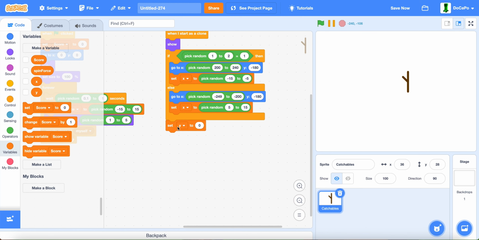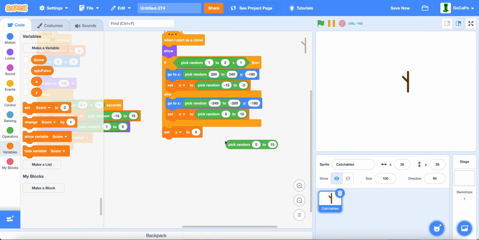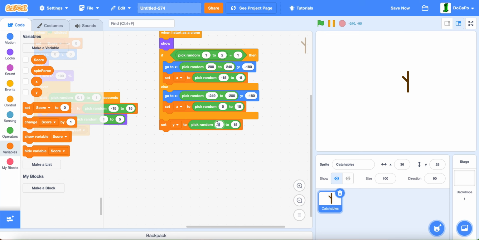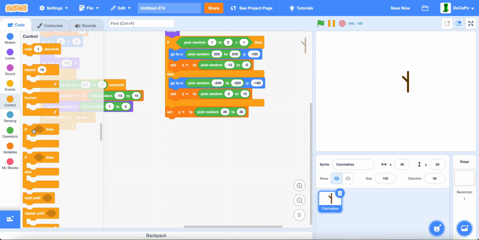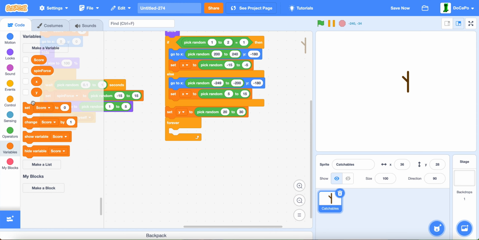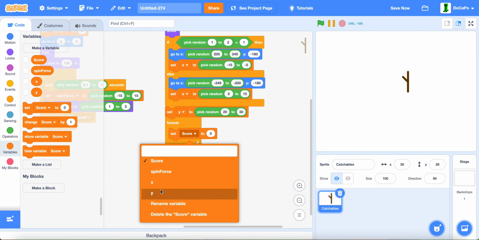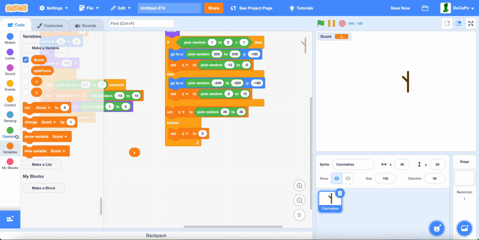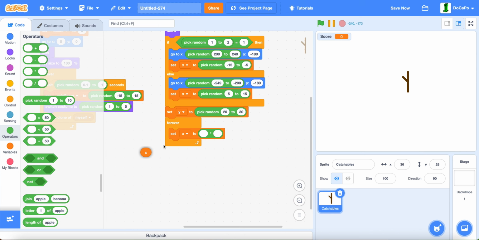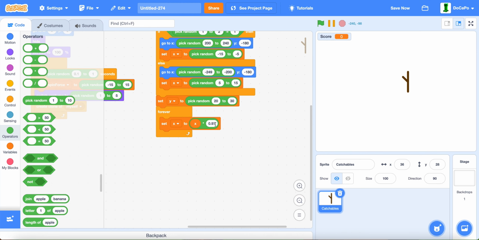Now set y to pick random 20 to 30. Now forever, set x to x times 0.97,